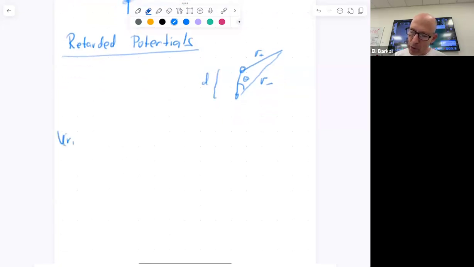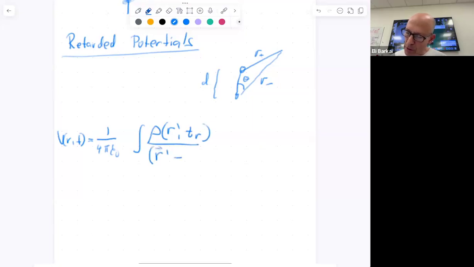This I'm just taking from the previous chapter that we studied last week: 1 over 4 pi epsilon 0, rho of r prime, t retarded, over the absolute value of r prime minus r,